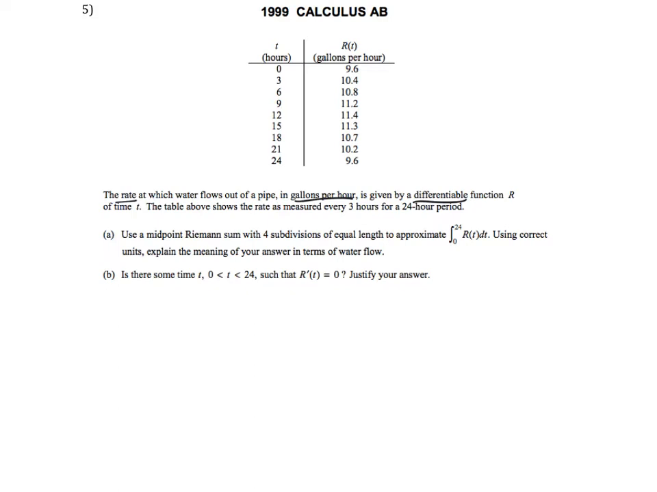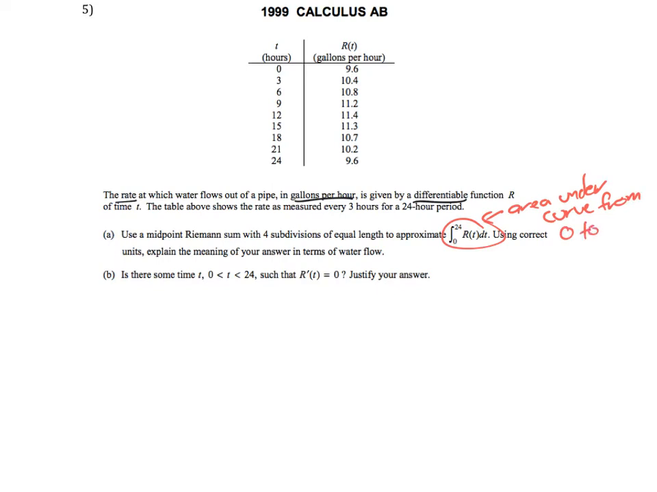All right, so for part A, it says use a midpoint Riemann sum with 4 subdivisions. That means 4 rectangles of equal length to approximate, and you don't necessarily need to know what that is yet. Basically approximate the area under the curve from 0 to 24, okay? So again, we'll talk more about this next class in terms of what this means. But for right now, just interpret that as area under the curve